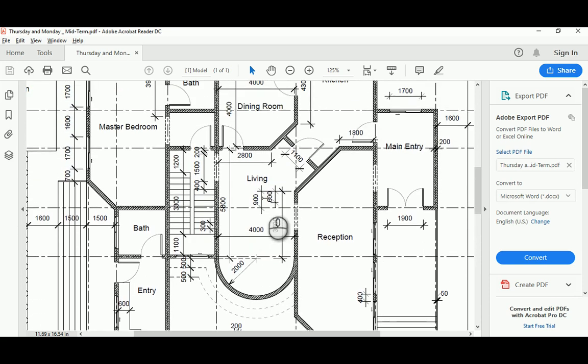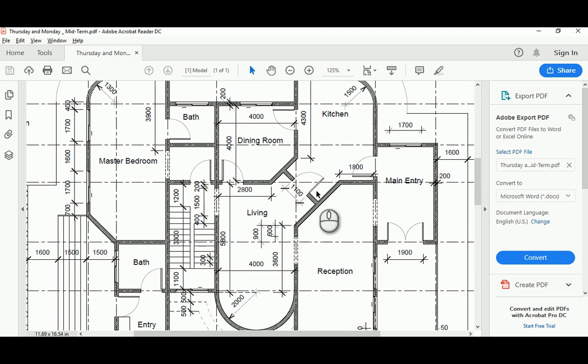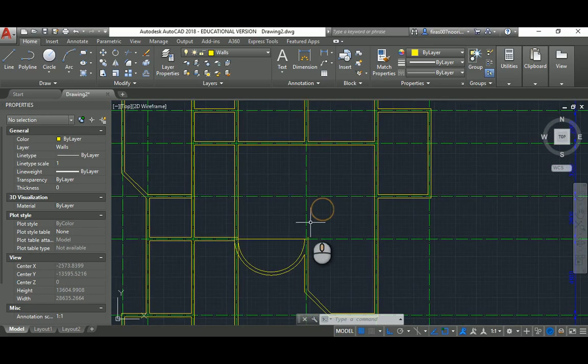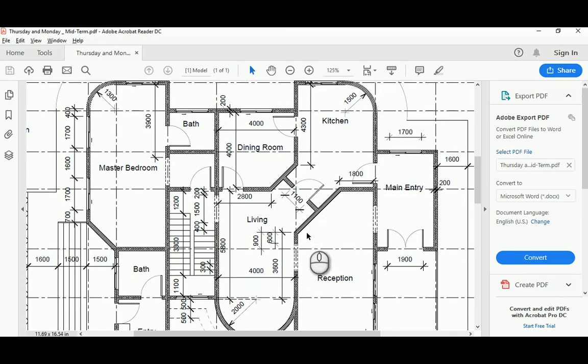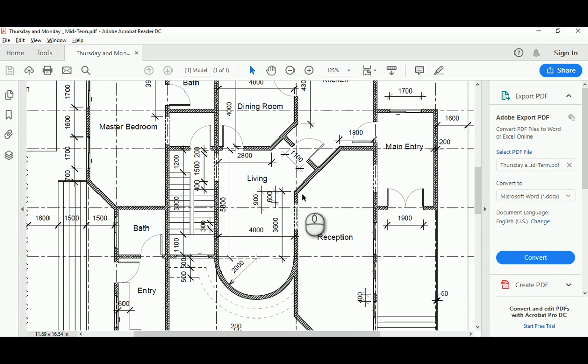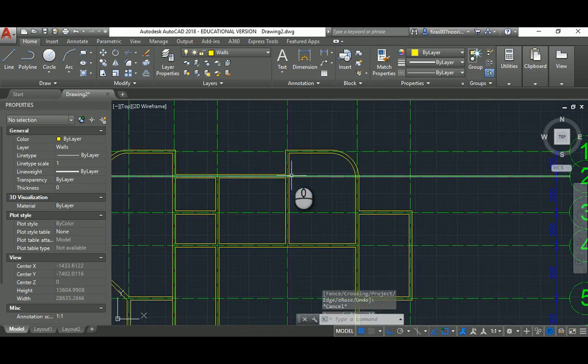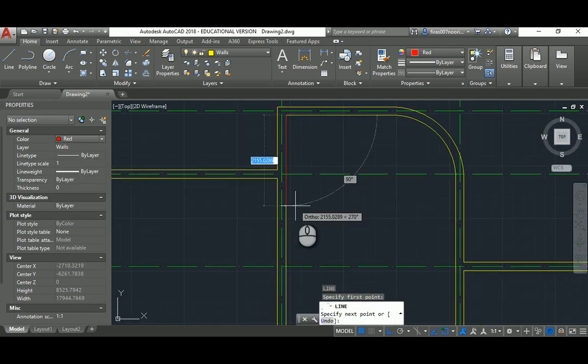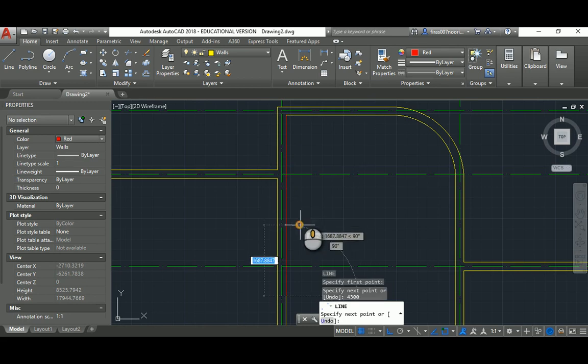The only one thing still missing is this, and I'm giving you, it's a 4,000 from that face, and it's a 2.8 from that face. It's easily given. I think I have to extend some reason this one. Anyway, I'll do that. Let me do this first. So it's 4,000 from that point. I'll change the color temporarily, overriding the color which is not correct, not required. So that's the 4,000